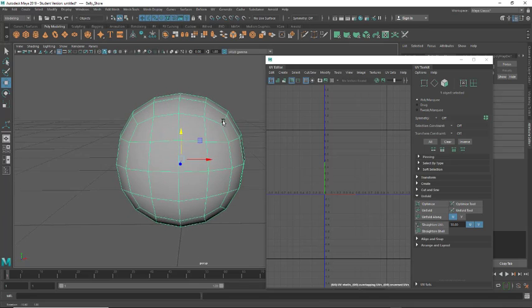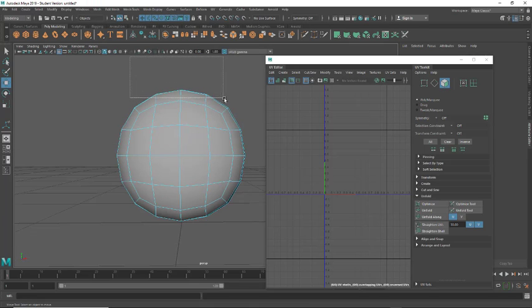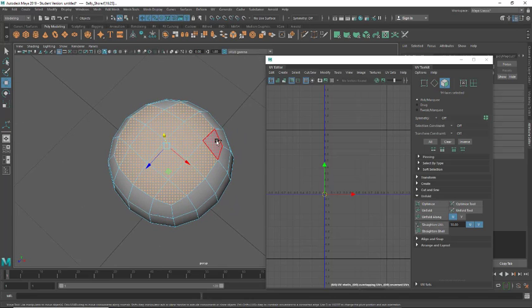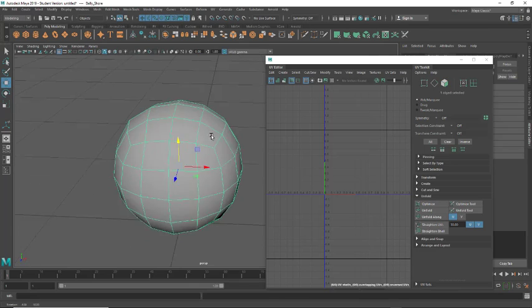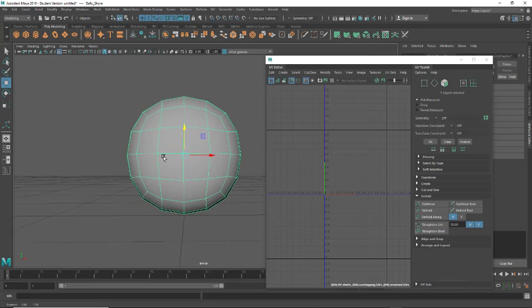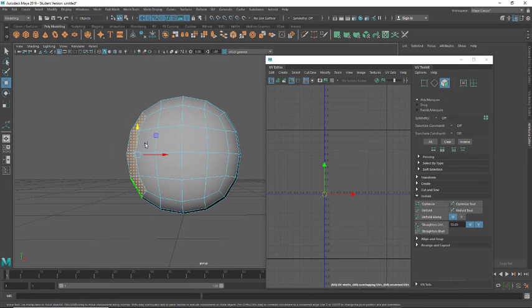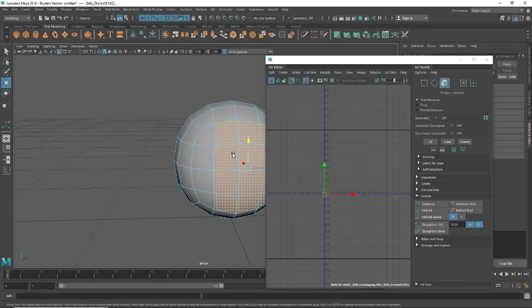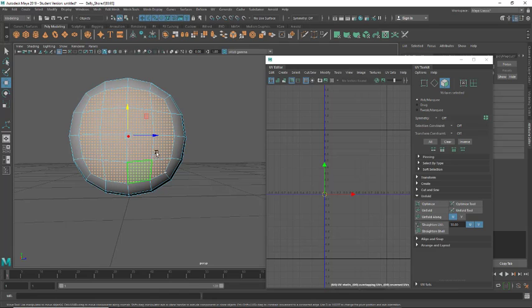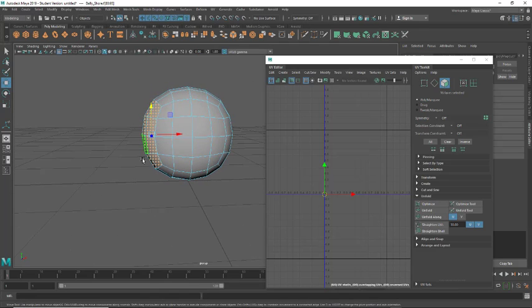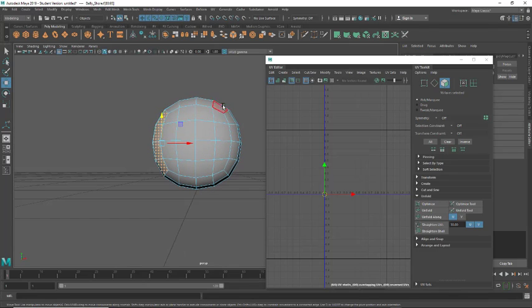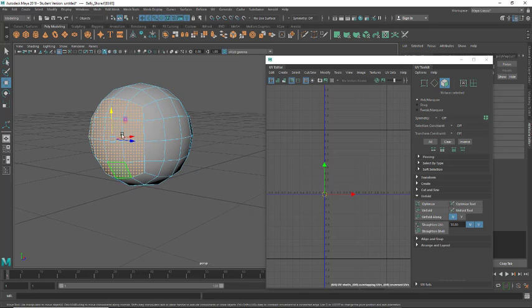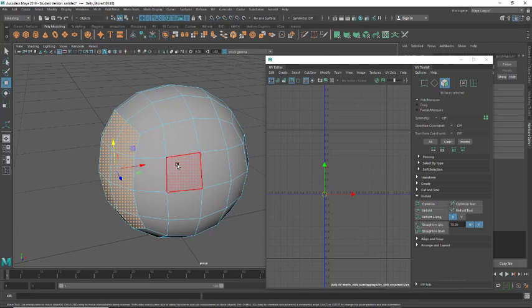So let's start off by going to face mode and just highlighting all of those top faces. Now, what you'll see is I'm selecting faces based on a plane change. So what does that mean? Notice that these faces here, you can tell by the circle shape, I'm selecting all of the elements within that circle shape and I'm holding shift to select those faces. That represents one plane. The top part represents another plane. So anytime there's a plane change, I'm going to select those faces,